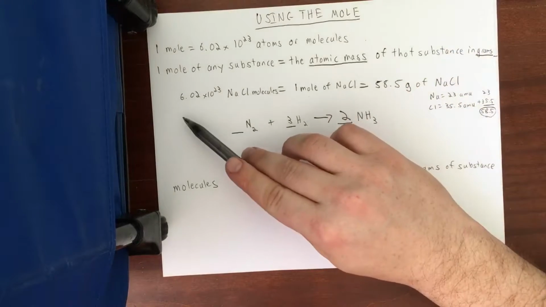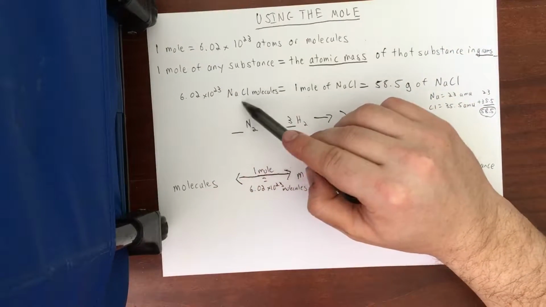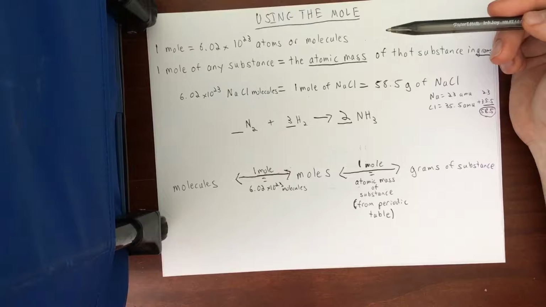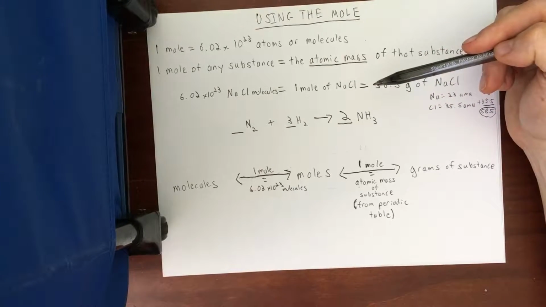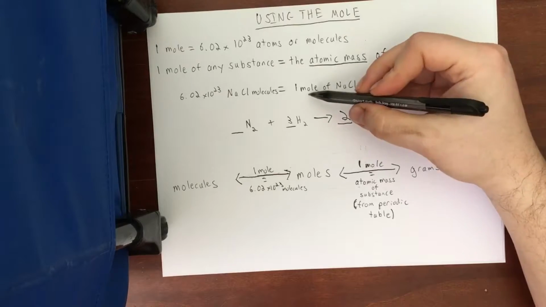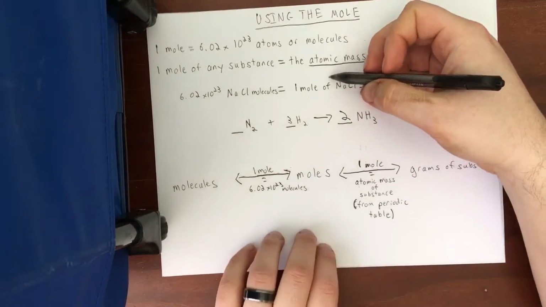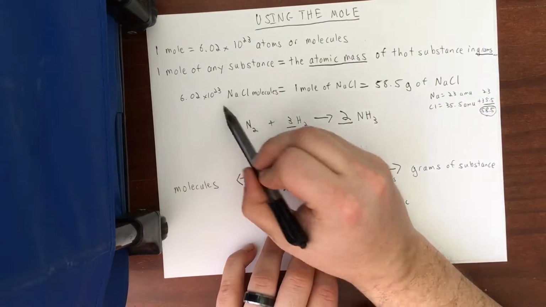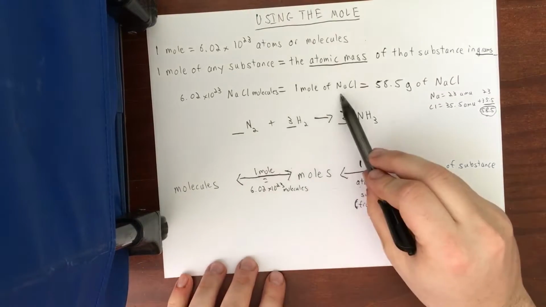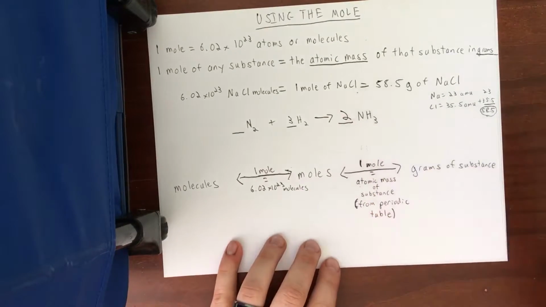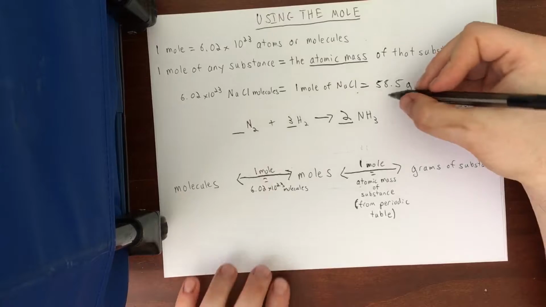a mole of sodium chloride molecules means that we have 6.02 times 10 to the 23rd sodium chloride molecules, in the same way that if we have a dozen sodium chloride molecules, that would be 12 sodium chloride molecules. So a mole means we have 6.02 times 10 to the 23rd of that thing. And the reason that number of molecules is convenient is because a mole of sodium chloride molecules, we know from the periodic table, weighs exactly